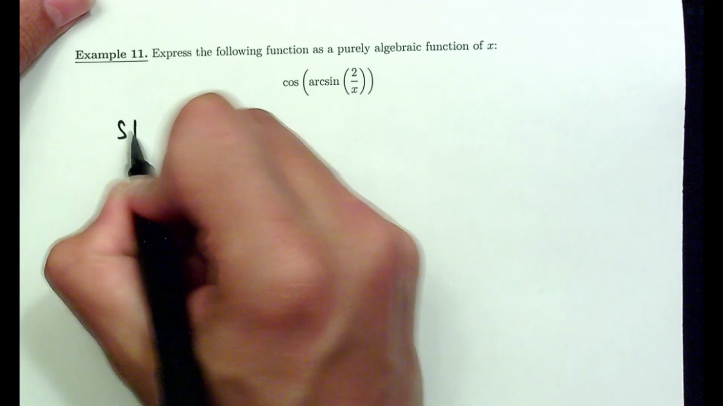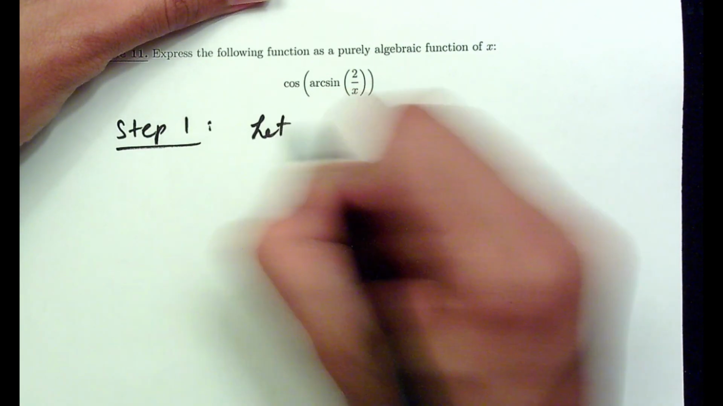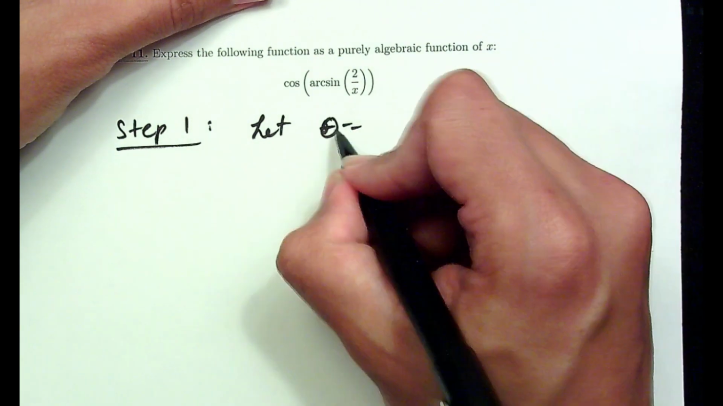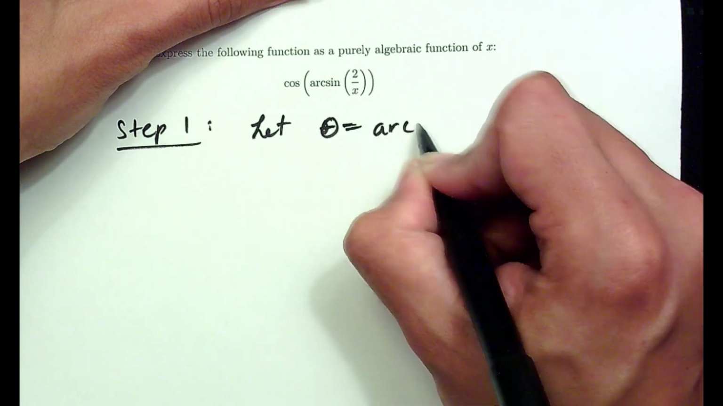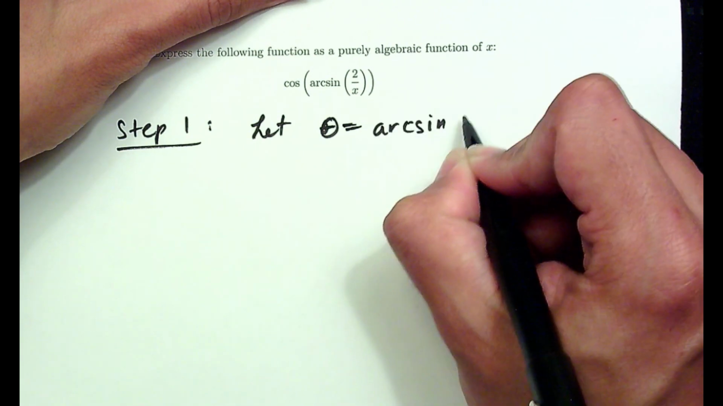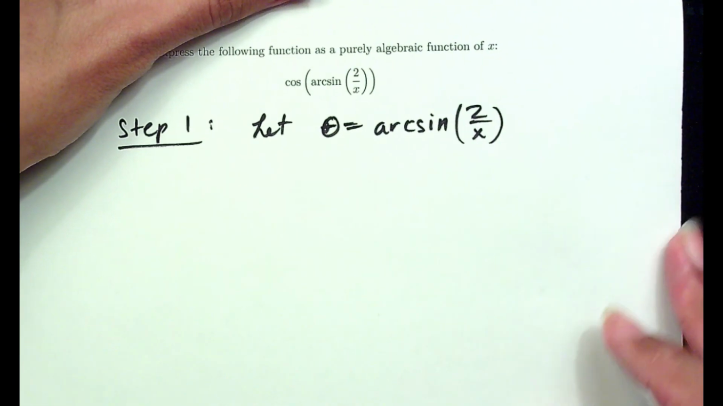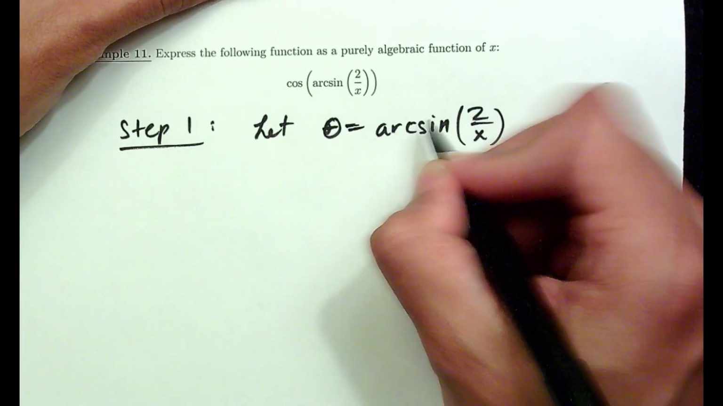Step 1, let theta be the inside. Remember, arcsine is just the same as sine inverse, so the inverse function is inside. Okay, so theta equals arcsine of 2 over x. Good. Step 2,